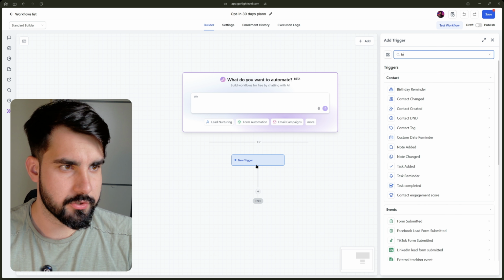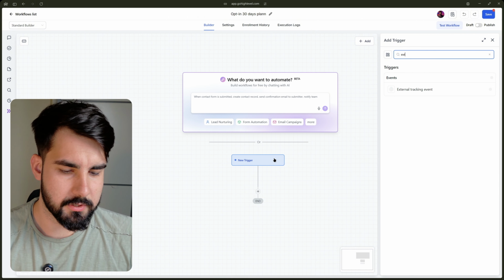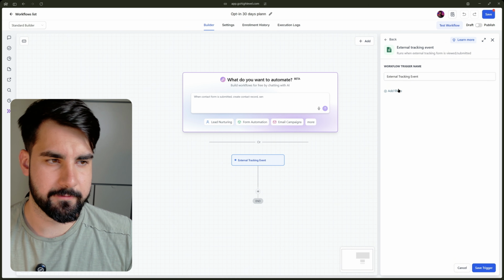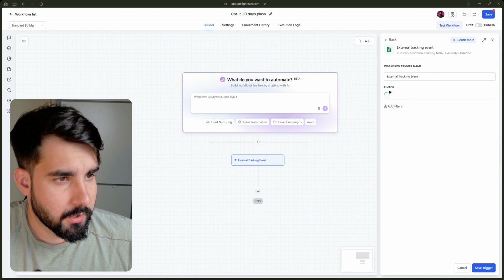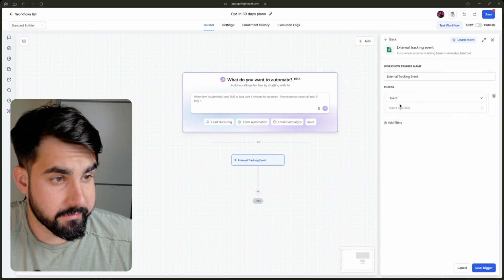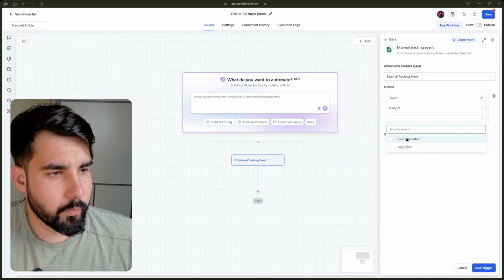The trigger, what we're looking for is not form, right? What we're used to doing is looking for form submitted, but what we want is external tracking event. That's the new one for Studio AI. We click on add filters and the filter right here should be event. Now, in any of, and we click,